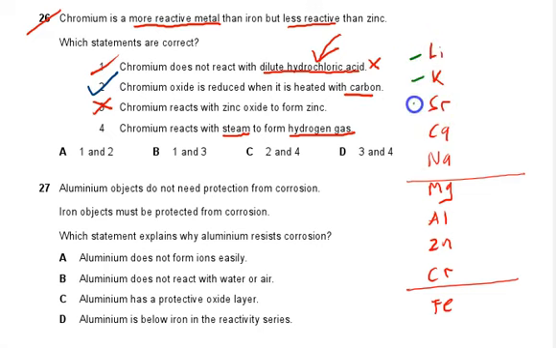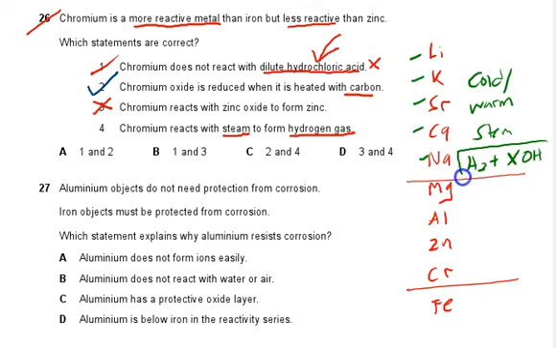The first 5 elements can react with cold, warm or hot water or steam to produce hydrogen gas and their oxides. However, the next 4 elements, zinc to chromium, can